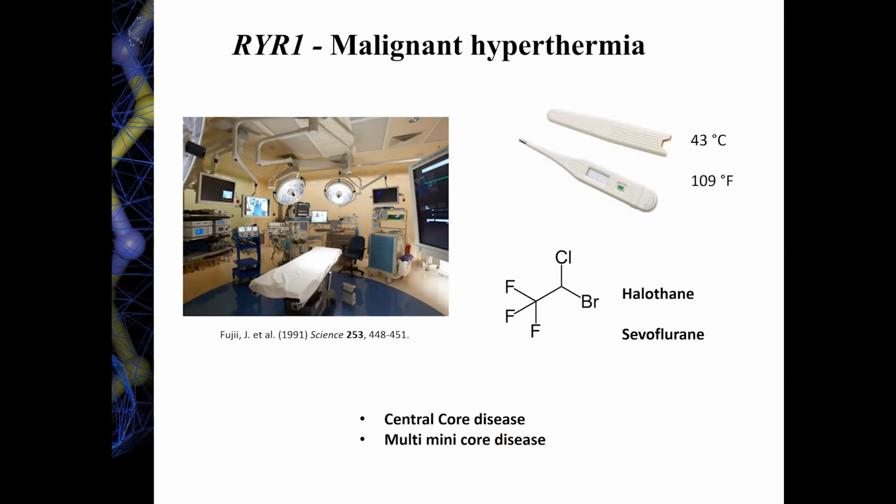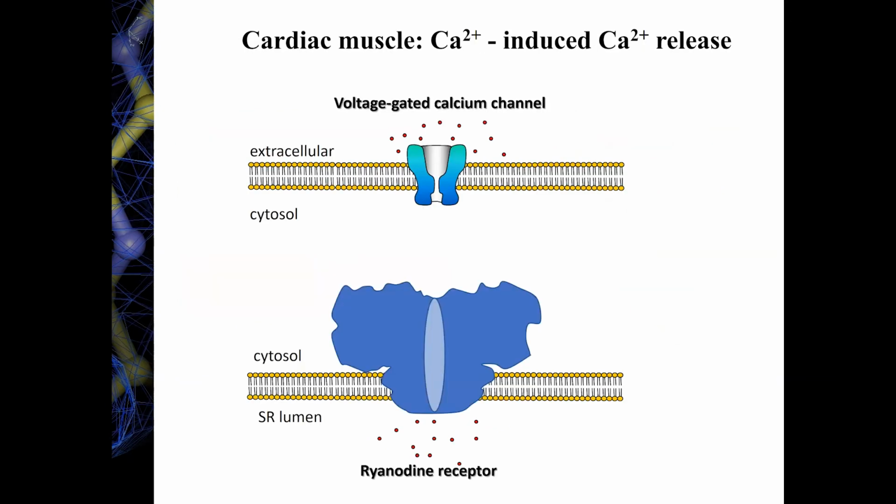So both of these genes, RYR1 and RYR2, code for a protein known as the Ryanodine receptor. If you're not familiar with this, it's this big ion channel that's located here on the bottom of my slide. You will typically find it in either the endoplasmic reticulum or the sarcoplasmic reticulum membrane. And its primary role is to release calcium.